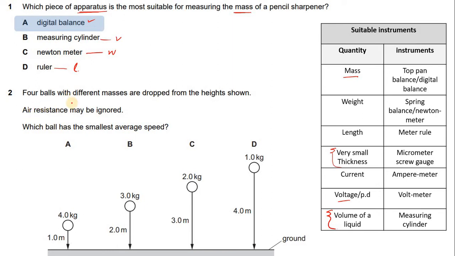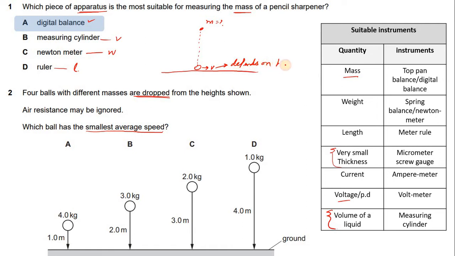Okay, question number 2. 4 balls with different masses are dropped from the heights shown. Air resistance may be ignored. Which ball has the smallest average velocity? Remember, whenever objects are dropped, you drop some object and you know that object is falling down and down, and just before hitting, at that moment the velocity does not depend on the mass. Whatever the mass of the object is, this velocity only depends